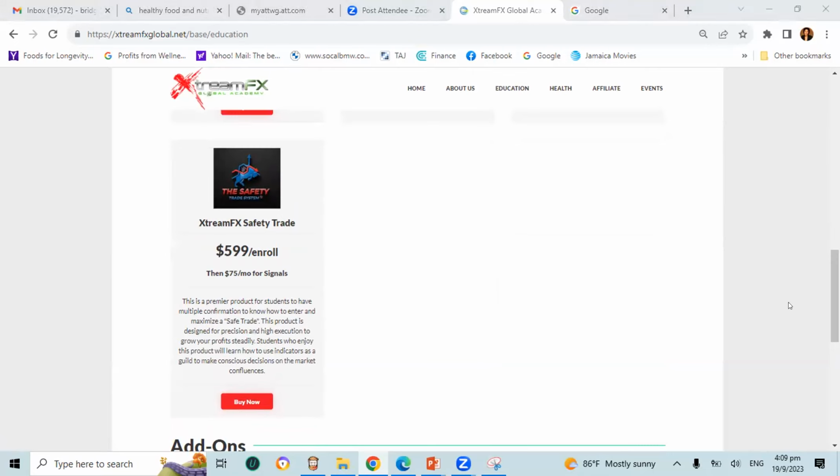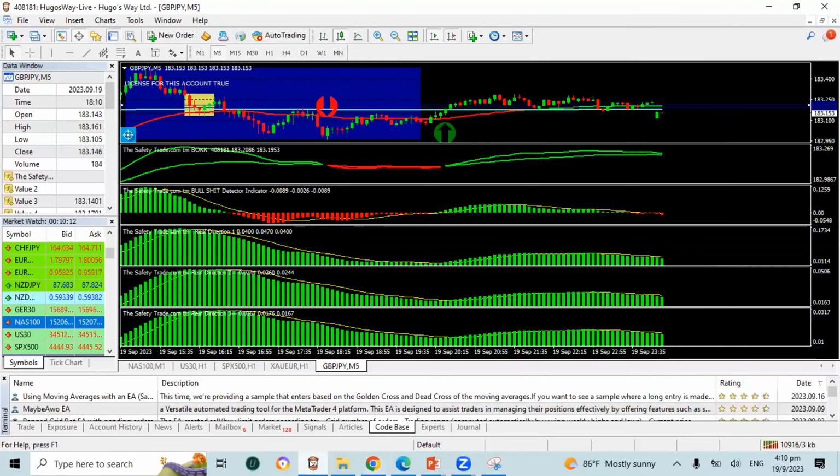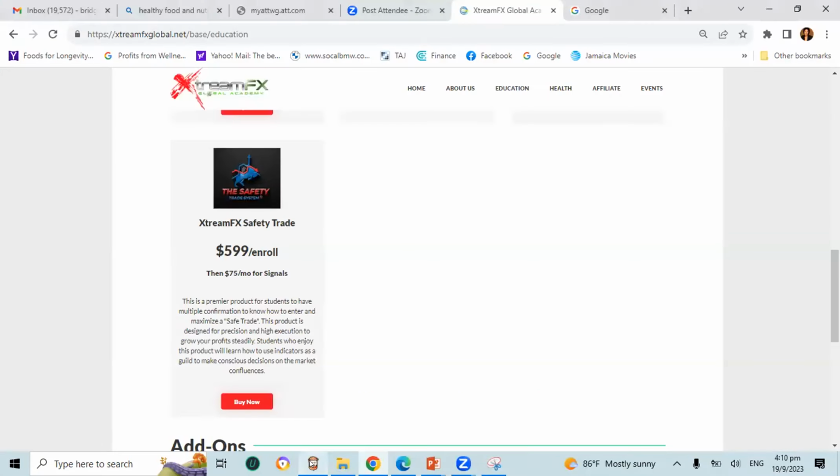And that it is proprietary, of course. So you sign a non-disclosure agreement to utilize this. By buying Safety Trade, it's going to allow you the ability to get the custom indicators sent to you, and you can transform your MT4 so that it looks like this. Once you have the indicators installed, you will go to training and be trained on how to use the indicators. You will also get 1 month free trial of the scanner. The scanner is optional. It will cost $75 a month. So through Xtreamfx, we've arranged a nice little bundle.